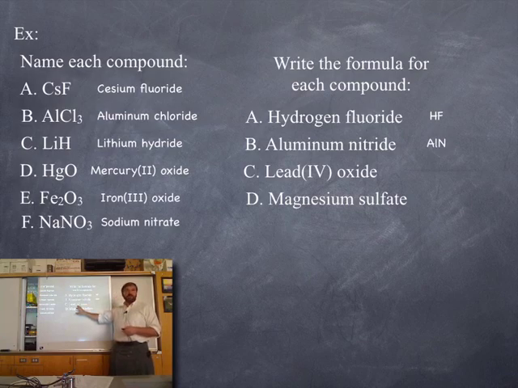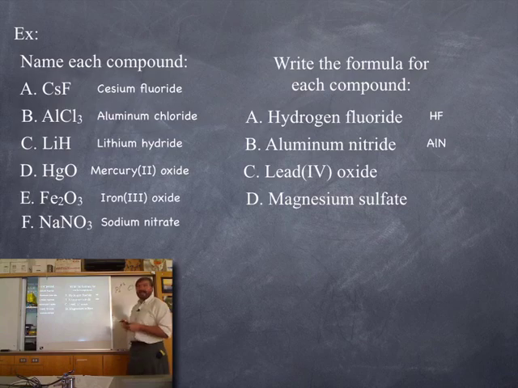Uh-oh. Mr. Gloomy went crazy. What does this 4 here mean? Means that the lead has a +4 charge. So if we were writing this down, the Pb, the lead, would have a +4 charge. Oxide means